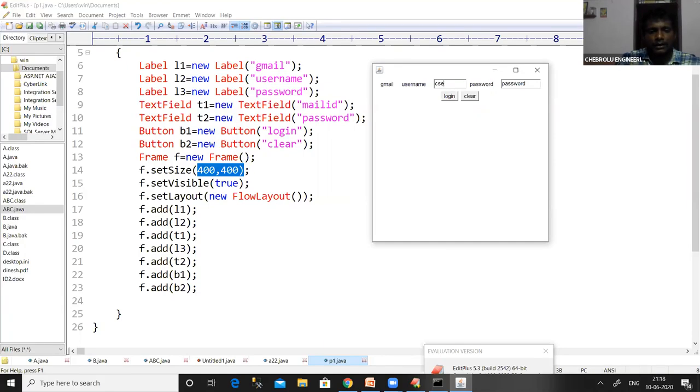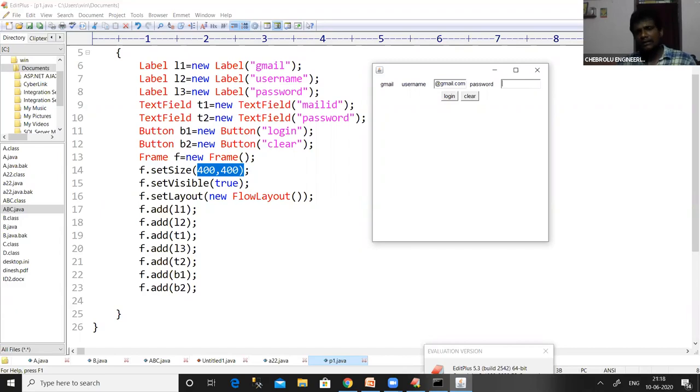text. For example, csc@gmail.com. We can have any type of text here, and then there is a password field. Here I am mentioning it also as a text field. We can convert a text field into a password field by using a method called setEchoChar. To the setEchoChar method, we have to pass one character, so anything we enter into that password field will be displayed as that particular character.